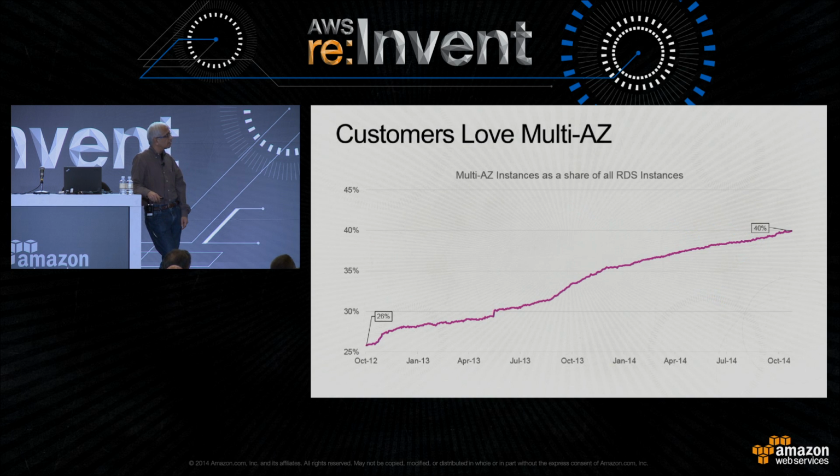And this is something we introduced in the middle of 2010. And since then, it's been used quite a bit. Today, roughly 40% of the fleet is Multi-AZ, which is all the production use cases. We recommend that you use Multi-AZ because in case of any kinds of failures, your application is resilient to them. And we're pretty excited about how well it has been adopted by RDS customers.